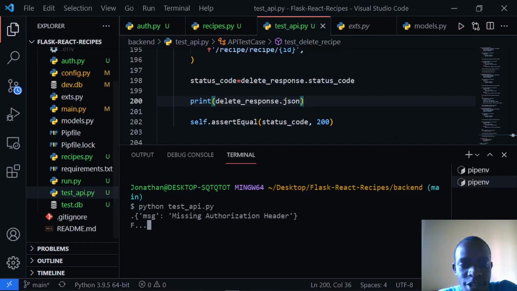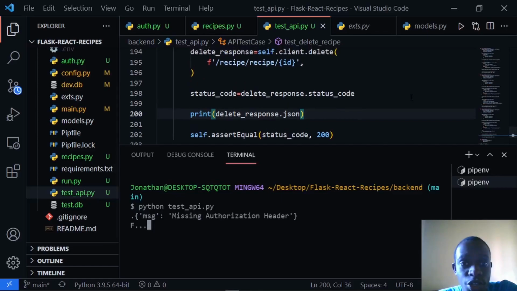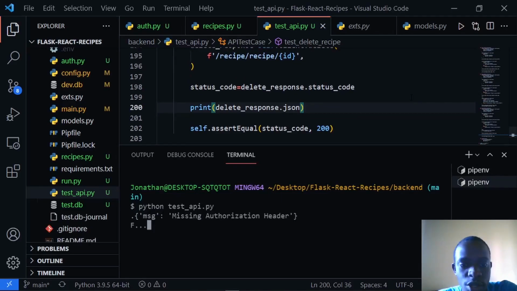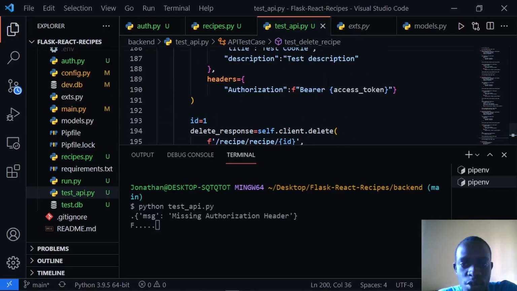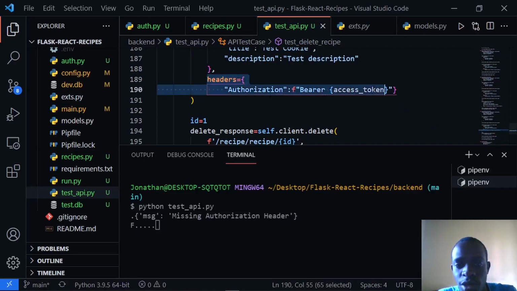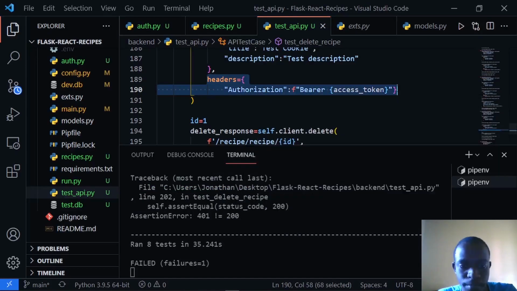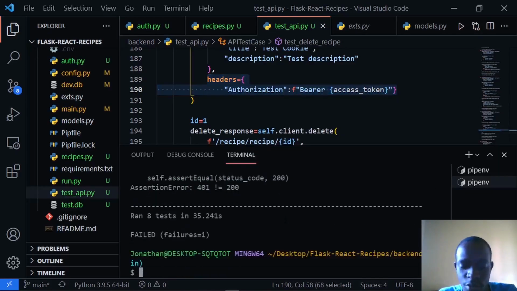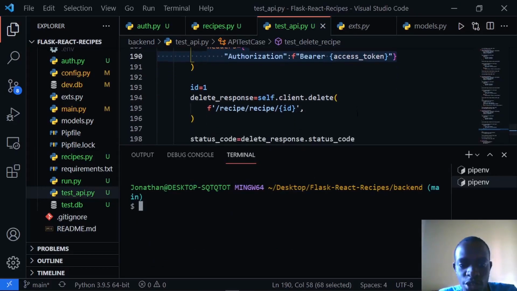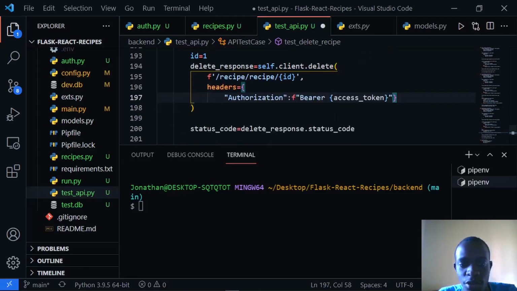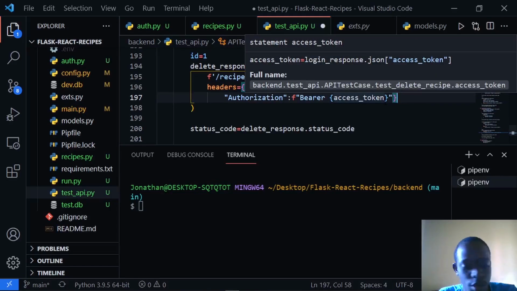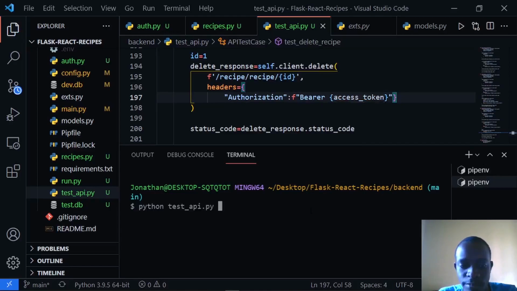So we're going to try to fix this by adding our authorization header, our bearer token in this case. What I'm going to do is go to the top of our code, and then I'll copy this authorization header, just like you can see here in headers. After copying this, I'm going to paste it within our delete route. So right here I have the route that I'm sending the request to. So I'll put in the header, which has the authorization header containing our bearer token. So when I save this and run again,